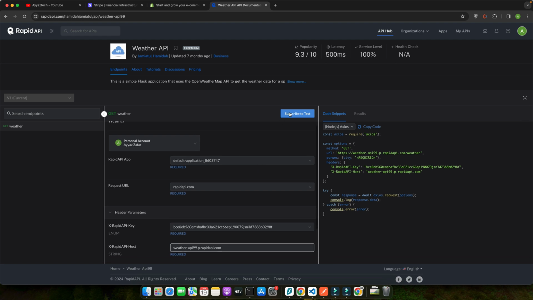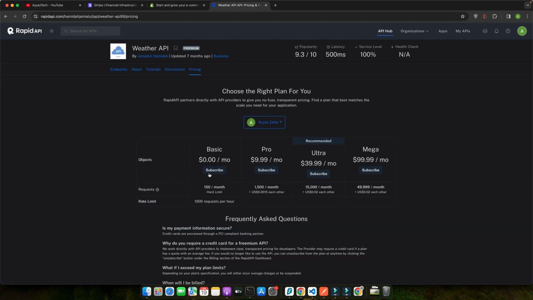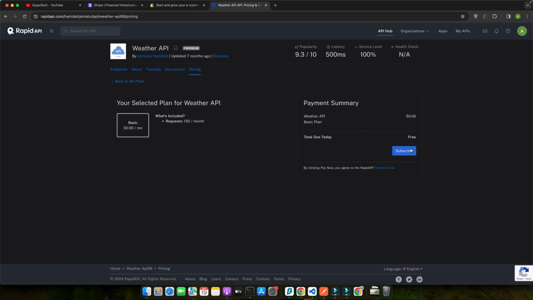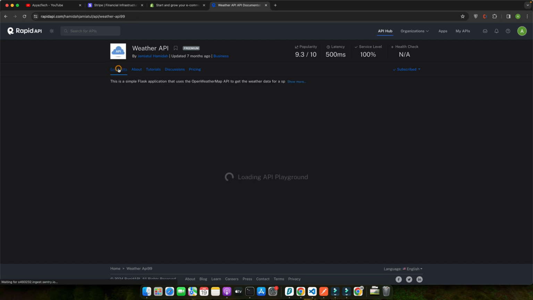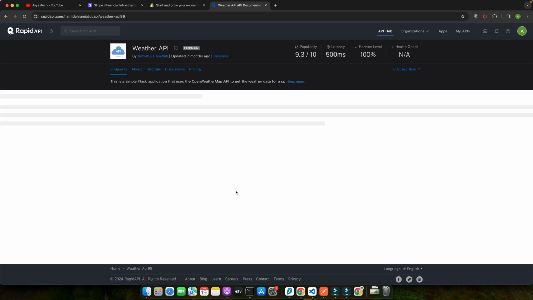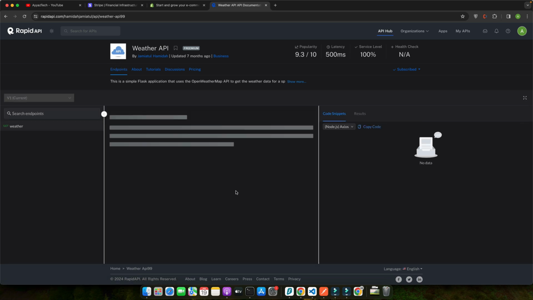So I am going to quickly subscribe to it for testing. I will click on subscribe for the basic, that is free. It has a request limit of 150 per month and 1000 requests per hour. So let's click on subscribe. If you are going to select a paid one, obviously you will have to specify the credit card details and things like that. Alright, now let's go back to the endpoints, and now let's integrate this API into our Angular